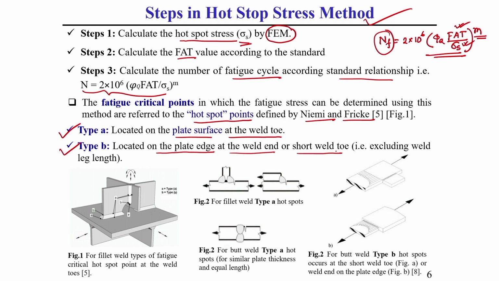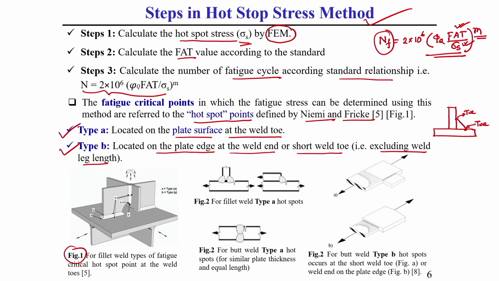Short weld toe, which is short weld toe? That also I will tell. Short weld toe is generally excluding the weld leg length. Everything I will discuss in detail. Like here, let us consider, what is weld toe, I have already shown you. Weld toe means, let us consider this is a fillet type of weld. Weld toe means the corner point of this fillet weld, this is toe, this is also toe, weld toe.